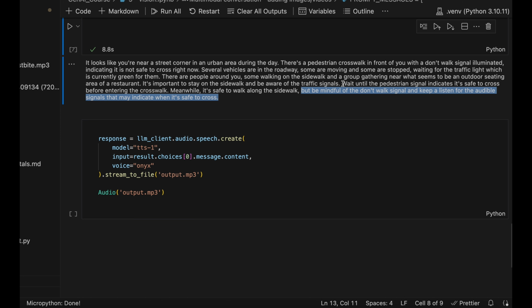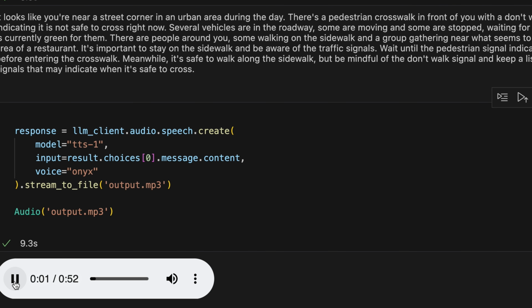cannot read or write. It looks like you're near a street corner in an urban area during the day. There's a pedestrian crosswalk in front of you with a don't walk signal illuminated, indicating it is not safe to cross right now. Several vehicles are in the roadway. Some are moving and some are stopped, waiting for the traffic light, which is